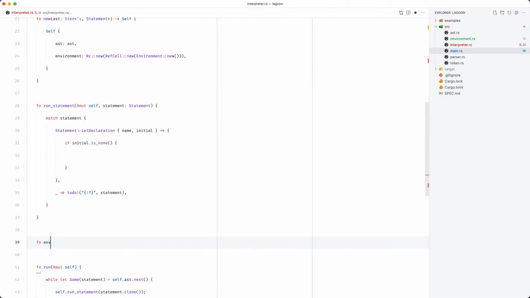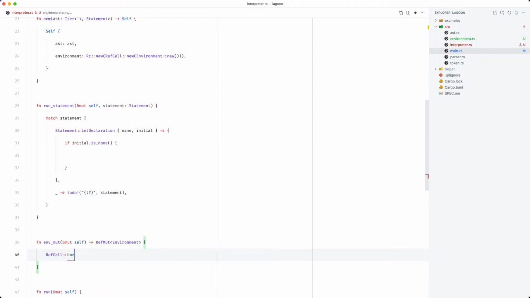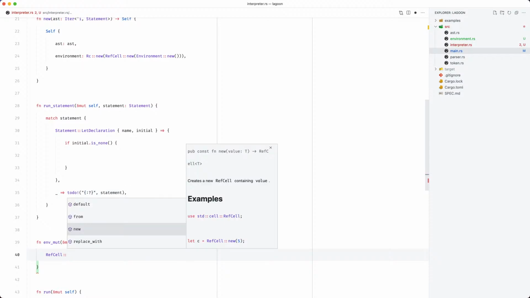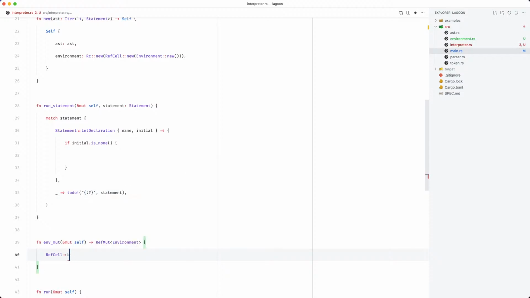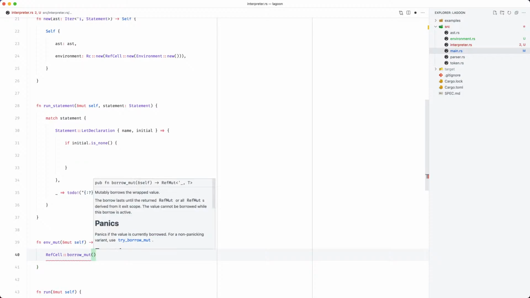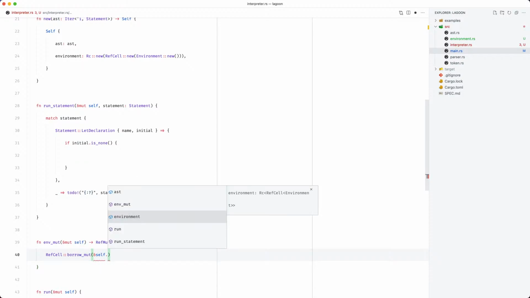called envmut. This is going to return a mutable reference to an environment, and we can just say ref cell borrow mutable, and then a reference to the environment, like so.